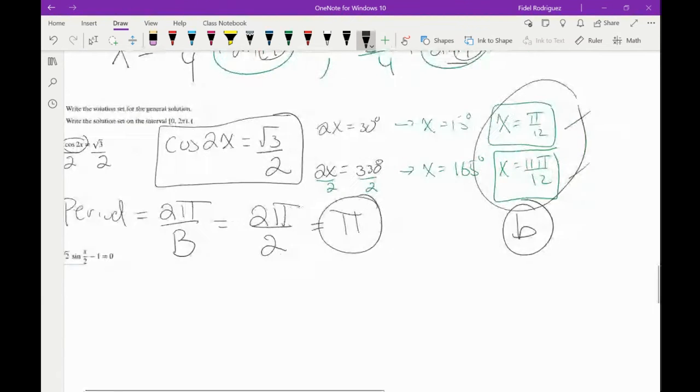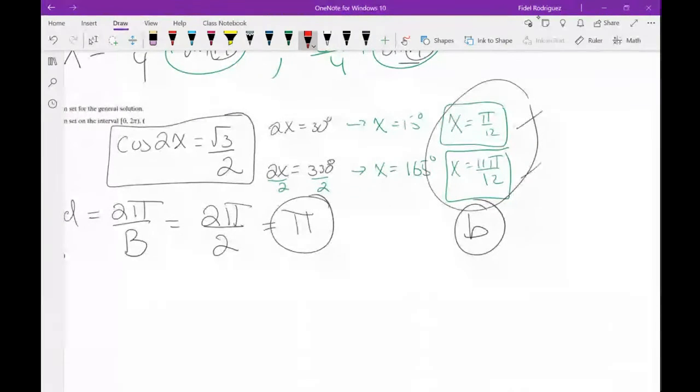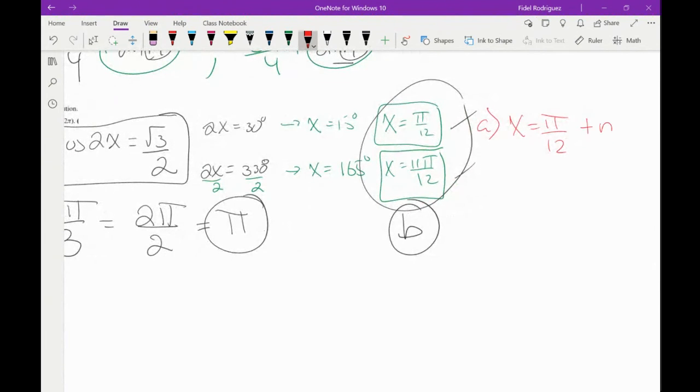Okay. So for part A, my general solution is going to be, this is going to happen at pi over 12, and any multiple of the period, which is n times pi. And then this is going to happen at 11 pi over 12. And again, that number plus a multiple of the period, because it's going to keep hitting that thing. It's going to keep hitting that thing, right? And so this here would be my answer for